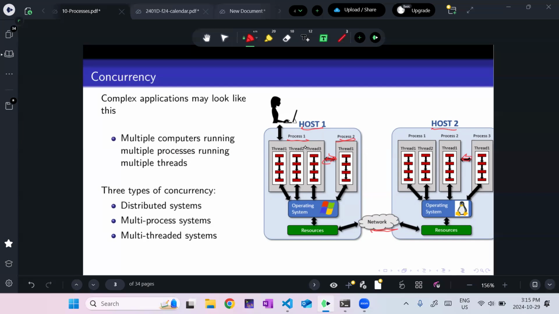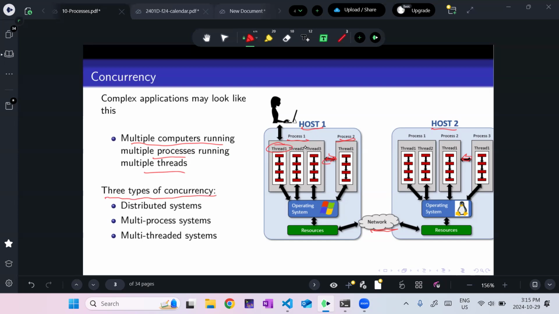And then inside of those processes, I have threads, and each thread sort of has its own logical task to accomplish. So I might have multiple computers running multiple processes, running multiple threads, all working together. And it really gets, if you thought programming was complicated right now, just wait till you start trying to do this stuff.